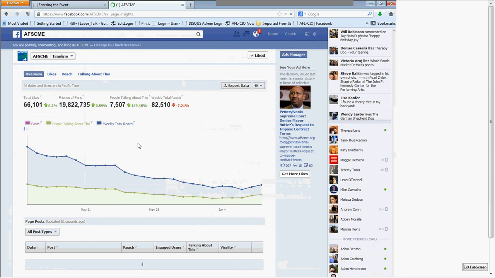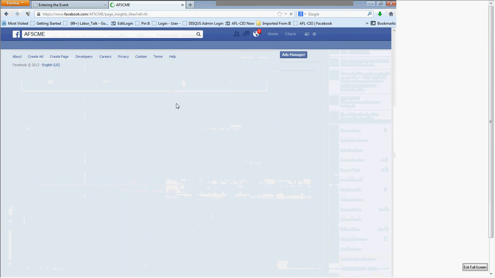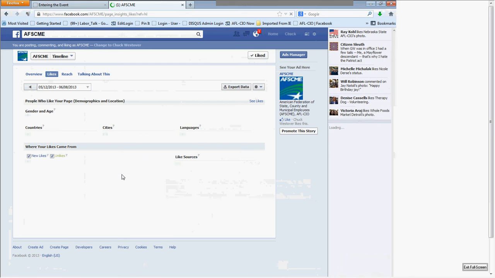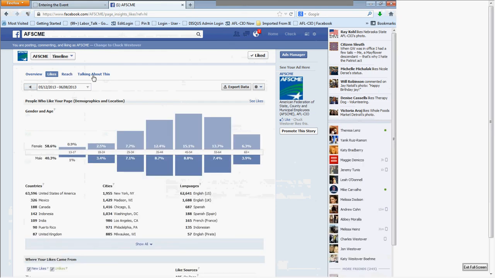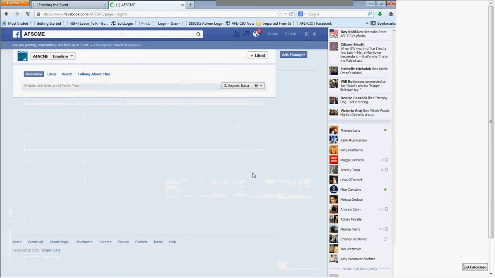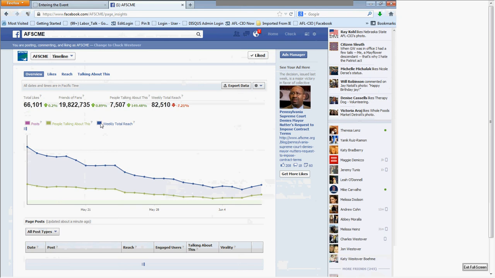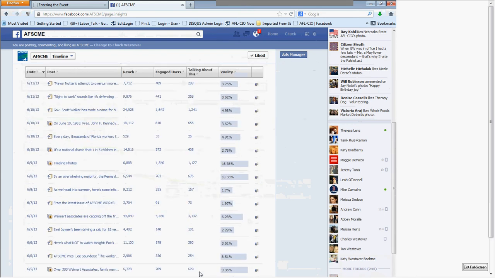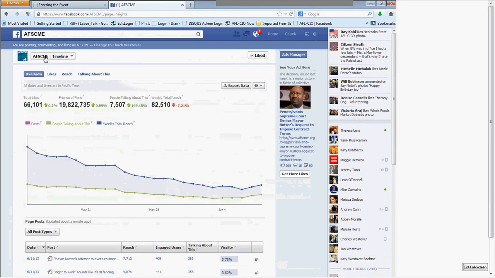And so what I can do is, this is the overview page that I was just showing you. You can click on the Likes tab up here, and it'll start showing you that Likes page right there. And sorry, I think our internet's moving a little bit slow. But that's the Likes page where it shows everyone that likes your page. And we didn't even go into reach, but we explained what those were. But let me click back to overview, and you can see that this is also where you can see this data that I explained, but also scrolling down here when it's loading right now is the post data of your individual posts. So just know that it's View Insights,